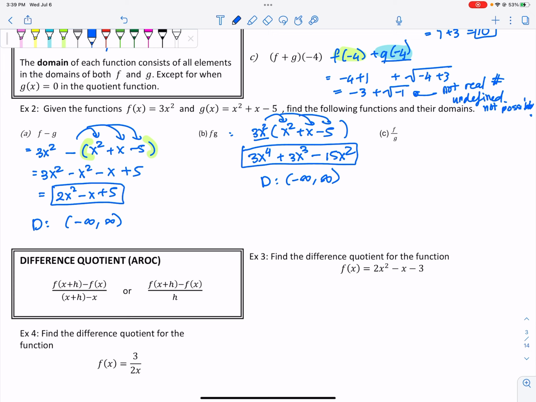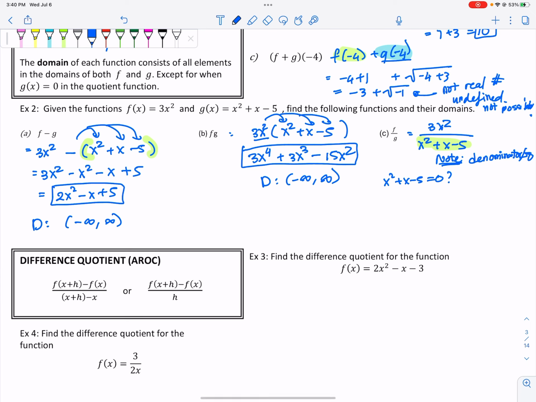Next we have f over g. f is the numerator, 3x squared, and g is in the denominator, x squared plus x minus 5. Now notice that here we have a fraction, and we know that the denominator cannot be equal to 0. There is a restriction. So now we're going to see what value of x will make that equal